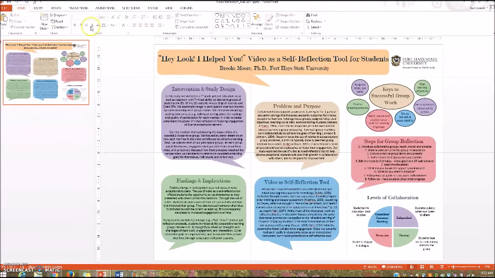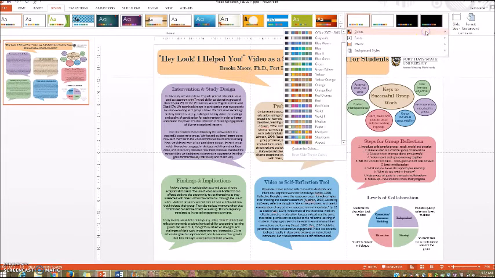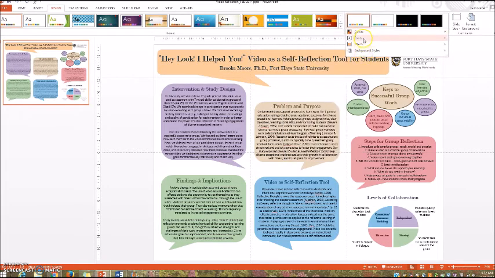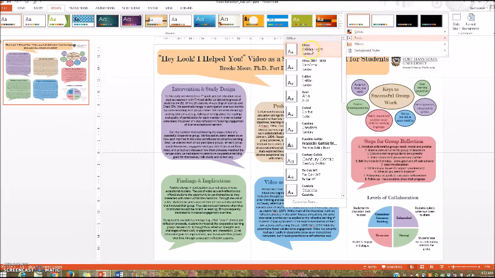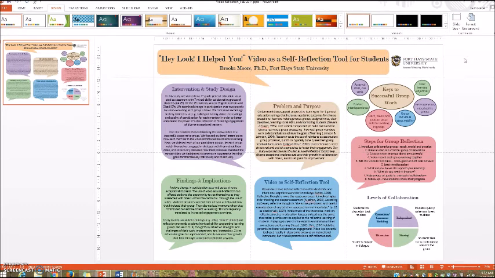So one of the things I do want to show you is this design tab. You can get a lot of ideas. Of course, if you know PowerPoint, you're familiar with all of these. But what in particular I want to show you is this tab, which shows you your colors. You can go with color schemes, right? You can kind of pick a color scheme here. You can also pick font schemes. So your title would be this one, your text would be this one. And those are some great ideas that you can choose for just kind of playing with your aesthetics and your